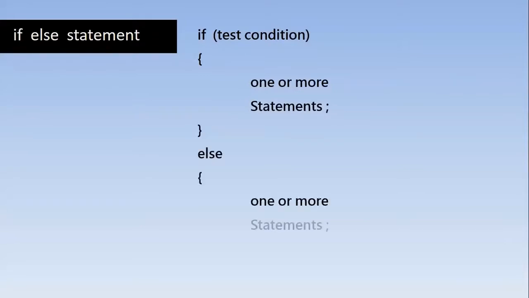First we'll start our condition with the if statement and the block of code which will be executed if the test condition is true, and we'll put the keyword else followed by a block of code which is going to be executed if the test condition fails. Look at here friends, this is one block of code and this is another block of code. This block is executed when the condition is true and this one when the condition is false. So either of these blocks will definitely be executed, depending upon the truth value of the test condition.